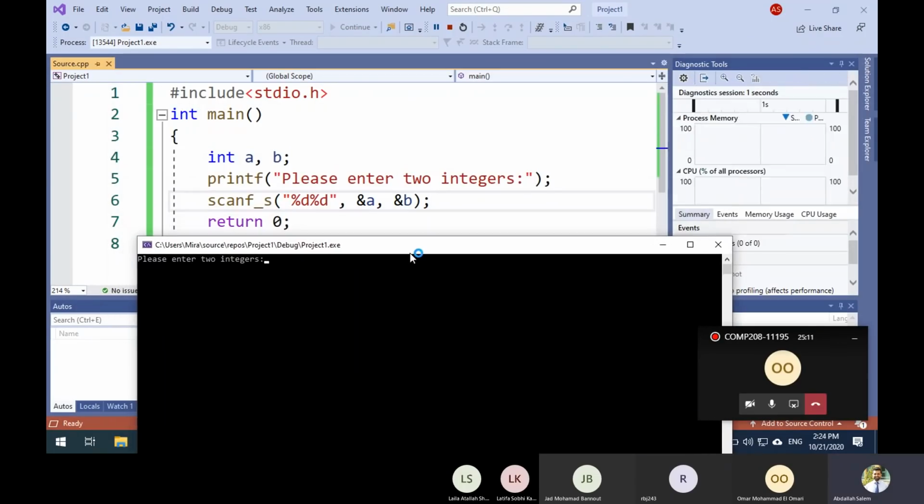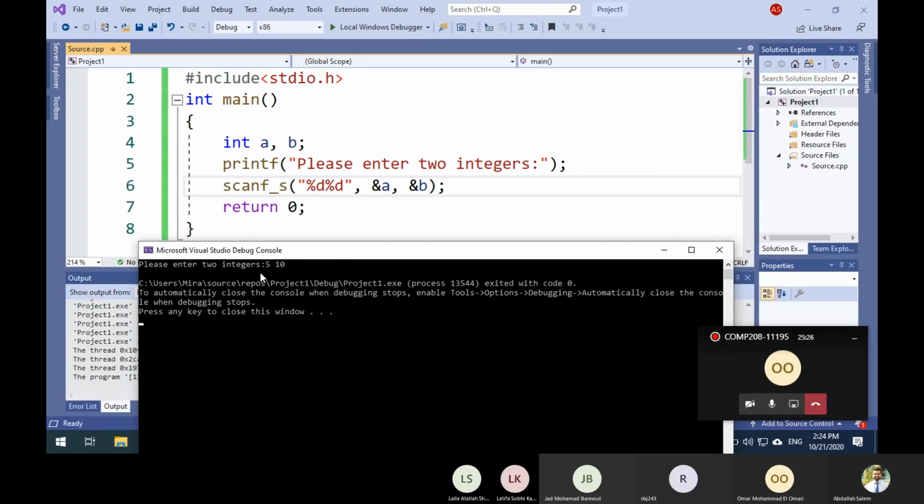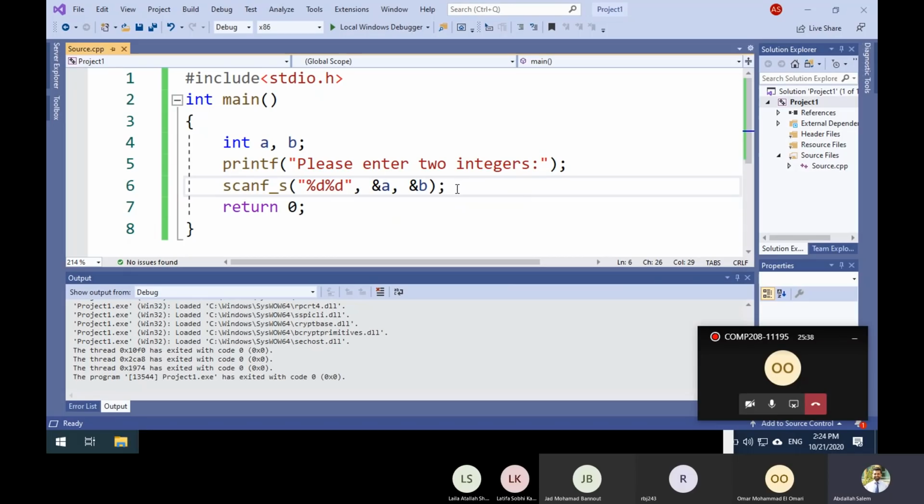You can see, please enter two integers. Suppose the value of A is equal to 5 and the value of B is equal to 10. Once you press enter, the value 5 will be in the variable A in memory. The value of 10 will be in the variable B in memory. After we input these two